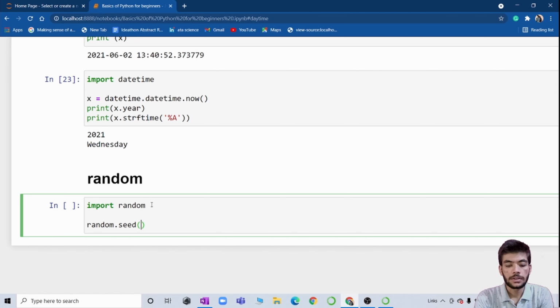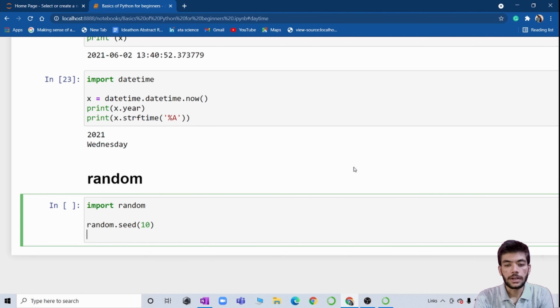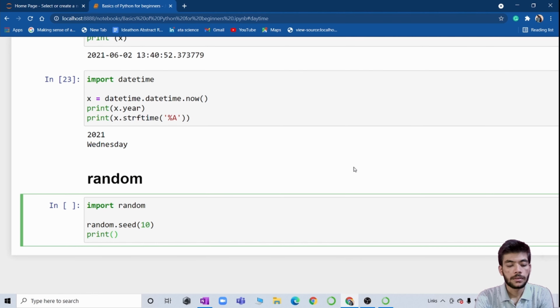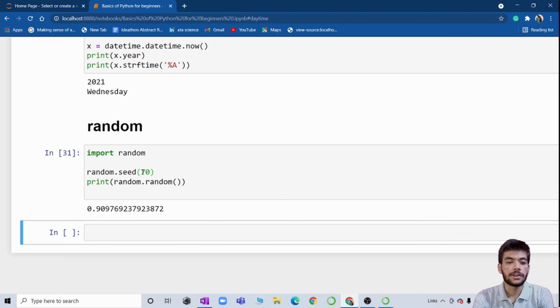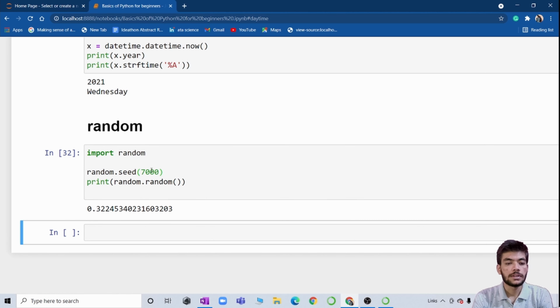Using seed function, I want a 10-digit number, so I will write 10, and I will again write print random.random, and I want the output. Here I can write 70, I want seed 70, so here the number changes. If I write 700, 7000, then also the number changes. So by using random function you can create as many random numbers as you want.